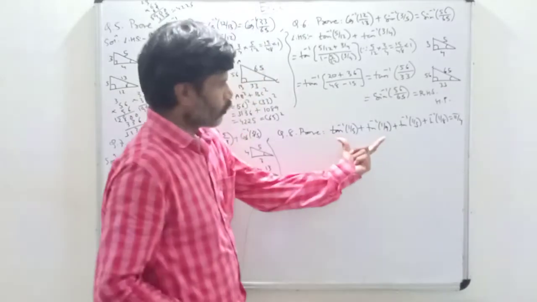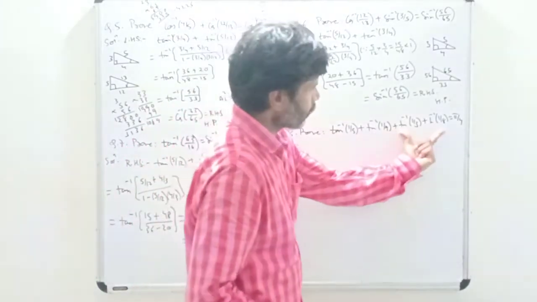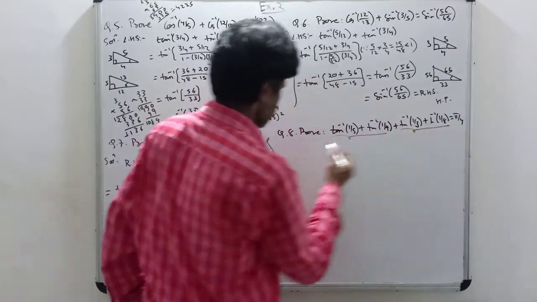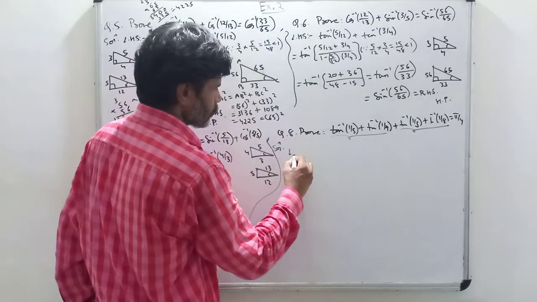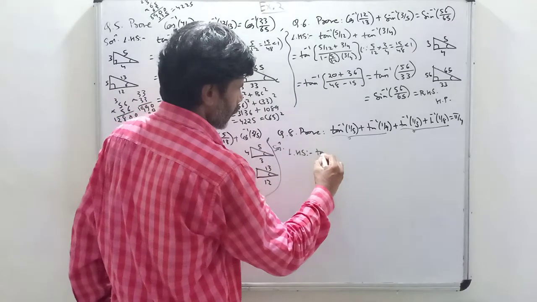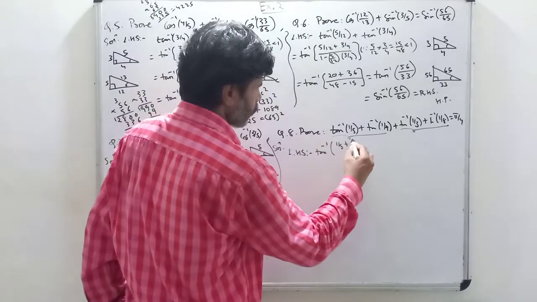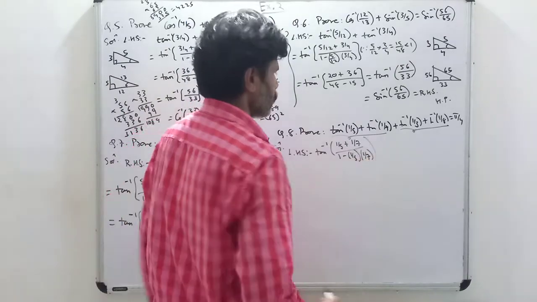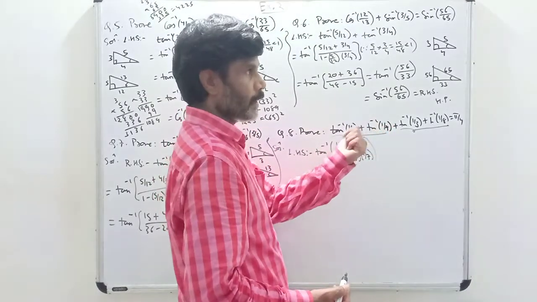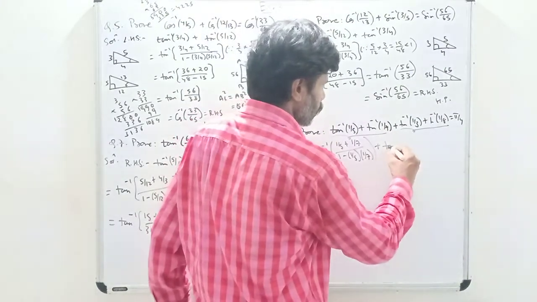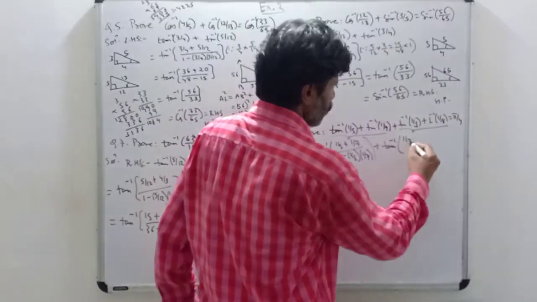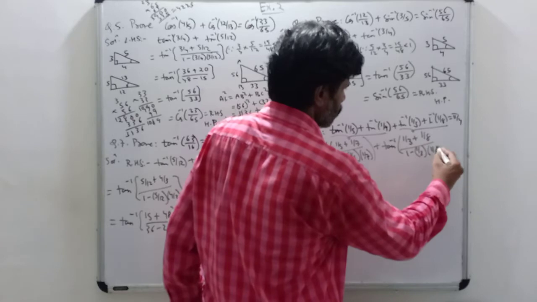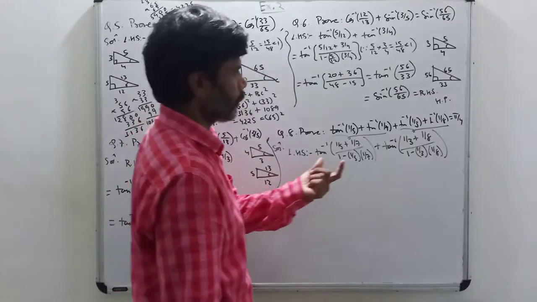Okay, now coming to question number 8. I want to prove tan inverse of 1 by 5 plus tan inverse of 1 by 7 plus tan inverse of 1 by 3 plus tan inverse of 1 by 8 is equal to pi by 4. I'll take a pair of the first two and then the next two. Starting from LHS, this will be tan inverse of (1 by 5 plus 1 by 7) upon (1 minus 1 by 5 into 1 by 7). Again, 1 by 5 into 1 by 7 is 1 by 35, less than 1. Then tan inverse of (1 by 3 plus 1 by 8) upon (1 minus 1 by 3 into 1 by 8). Same, 1 by 3 into 1 by 8 will be 1 by 24, less than 1.